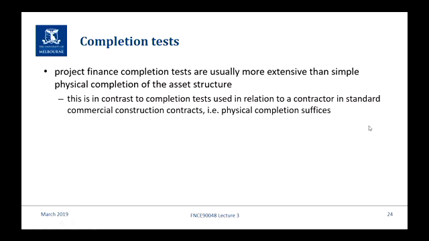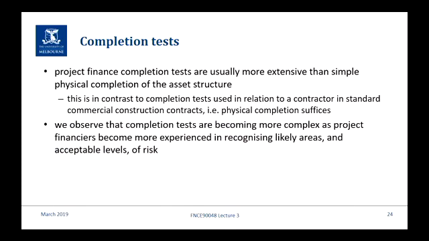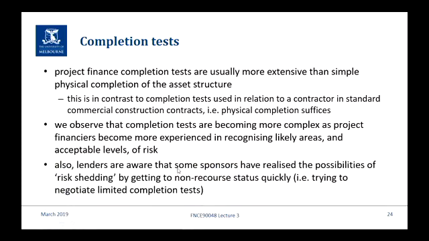In project finance, it's usually not enough. In the early days it was, but then lenders found that, oh well, it all looked good, but it didn't operate well. So we need some more assurance. The financiers are saying, this is what we need to see before we're very confident that we'll be repaid. Now, they can't say operations for 2 years or something like that, because that's just too much. You have to get into operations and then have the completion test reasonably quickly, usually within 3, 6, maybe sometimes 12 months. They recognise the likely areas of risk, and they set up a test to make sure that you're operating to overcome the risk.